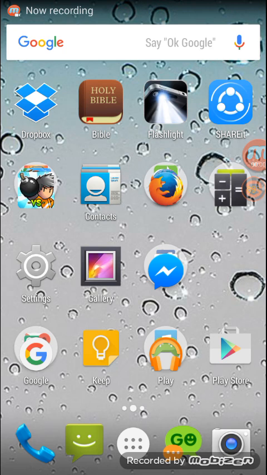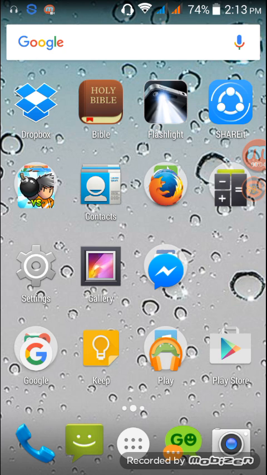I'm going to show you how to delete viruses like pop-up virus or virus that force your Android phone to install different applications even if you don't want to install those applications. You don't need to flash your Android phone ROM. You don't need to do that.